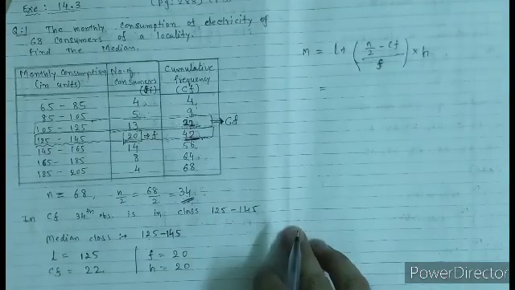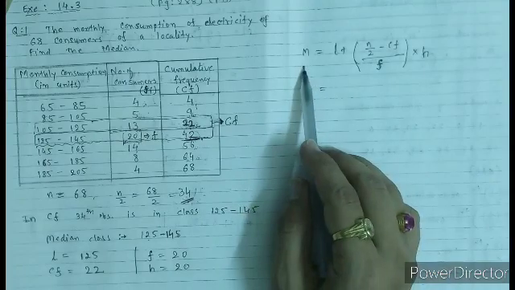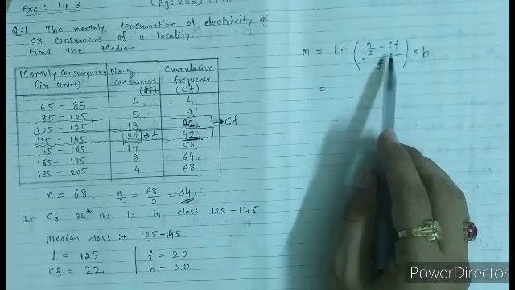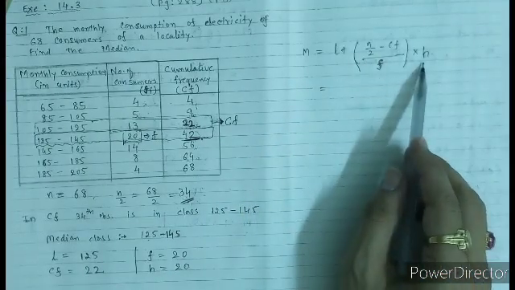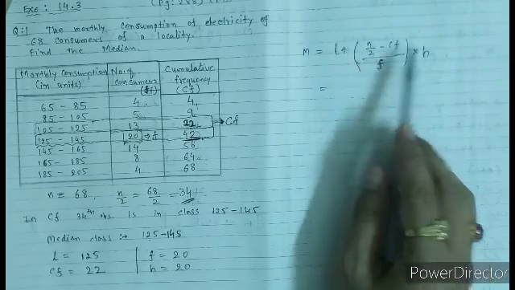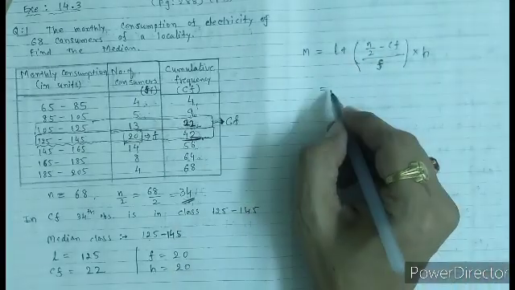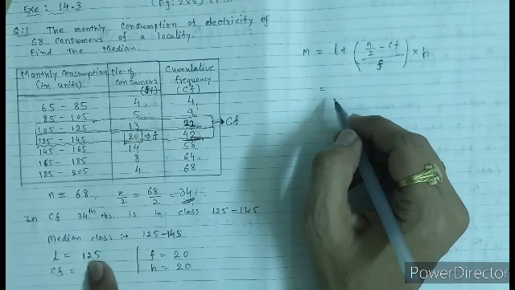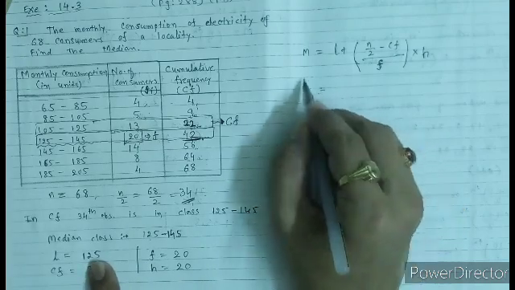Now to find the median, we will apply the formula M equals L plus (N by 2 minus CF) upon F multiplied by H. We have got all these terms. Let us apply all these terms. Here L is 125. So we can write M equals